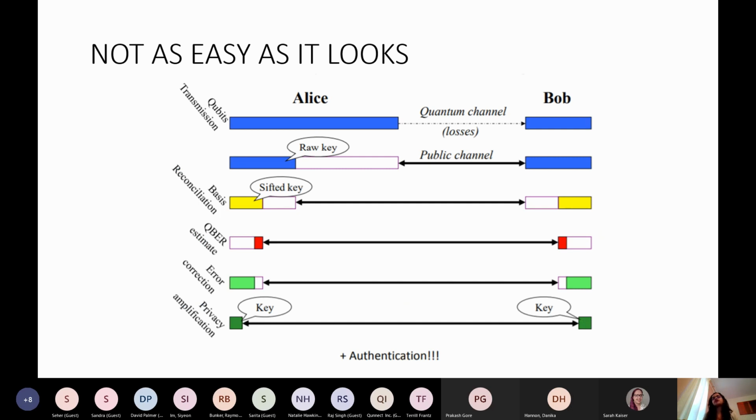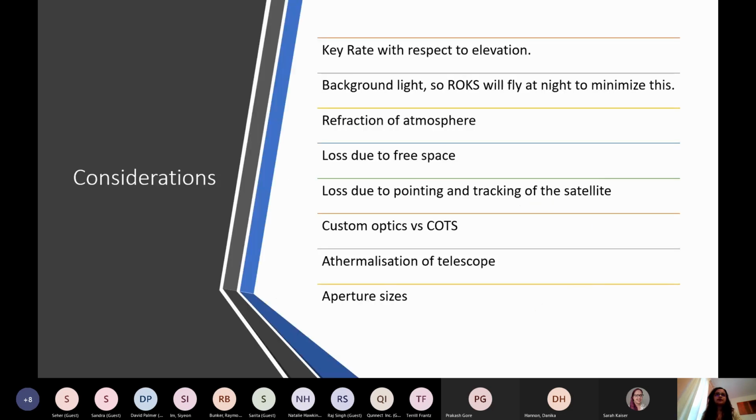There's the qubit transmission. After that, the one I showed you, we have a raw key, which is distilled. After that, you have the sifted key, where you're doing this comparison of 10% of the key that has been sent. Then you have various other stages, like you have to estimate the quantum bit error rate. You have to estimate what kind of error correction you have to do. And then you'll have to do some kind of privacy amplification so that you reduce the probability that Eve has a certain amount of information even further.